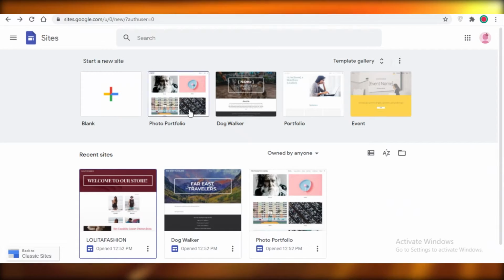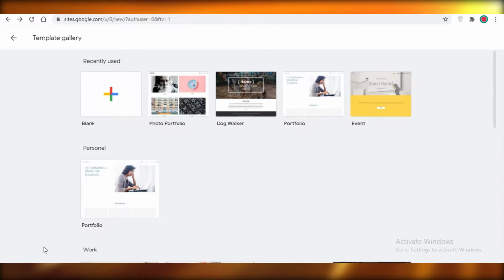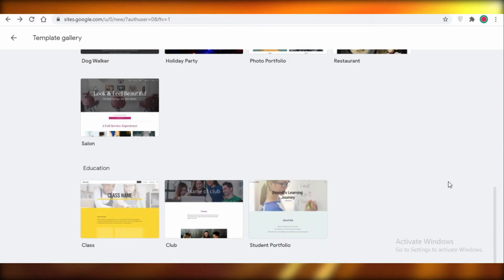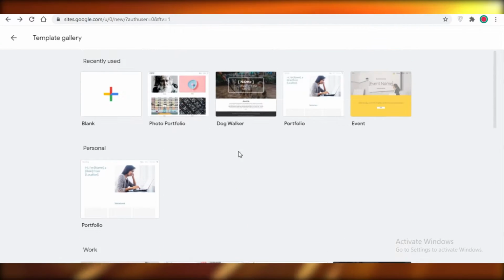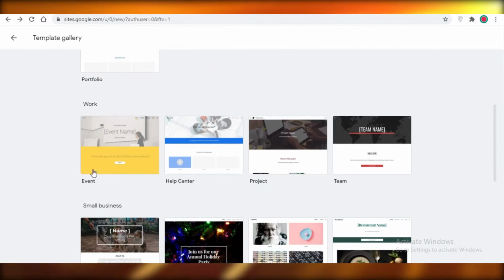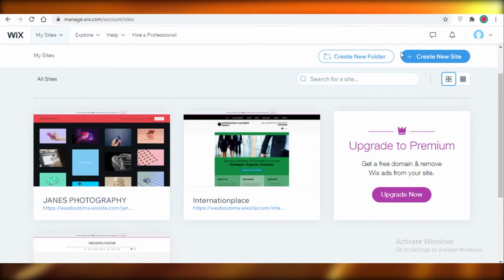Now, taking a look at Google Sites, this is their general interface. It's not very complicated at all. It doesn't have a lot of options either. Even in terms of templates, you can see this is their total template gallery. There are less than 20 templates in total provided by Google Sites,